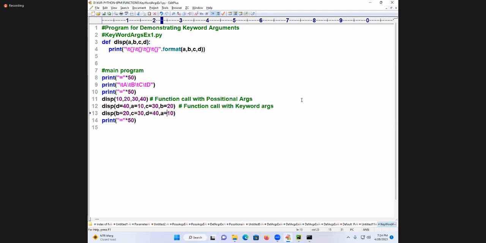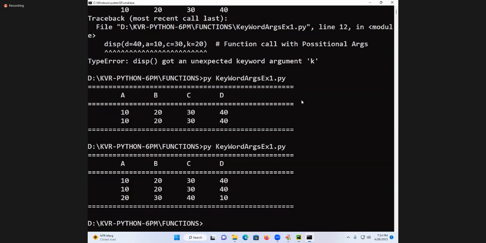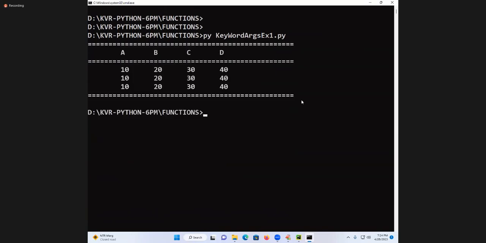Very good. What is this concept called? People will ask you, when do you go for keyword arguments? You have to say, I know the function name, I know the parameter names, but I don't know the order of the parameters. To pass the data accurately, positional arguments not useful, default arguments not useful. Another mechanism to pass the data, that is called keyword arguments. Passing the data or not?